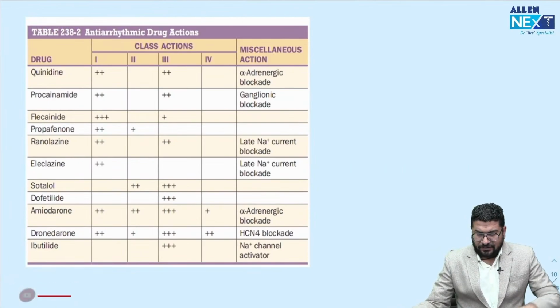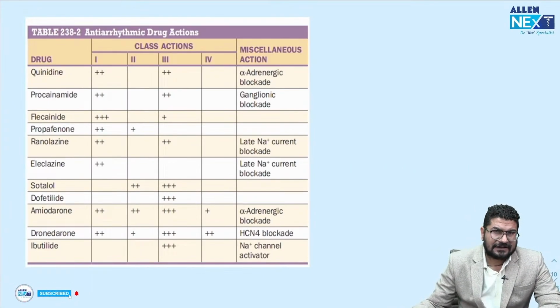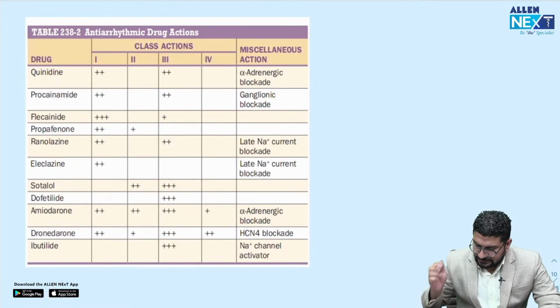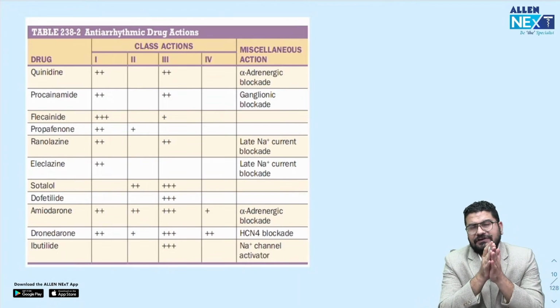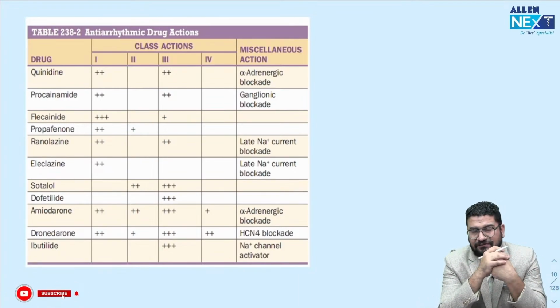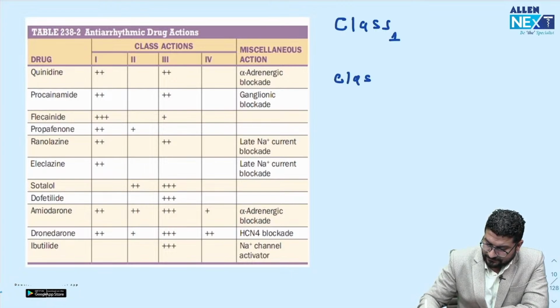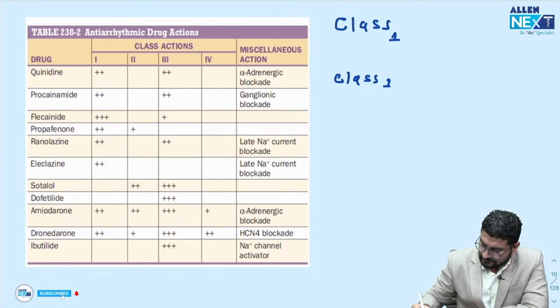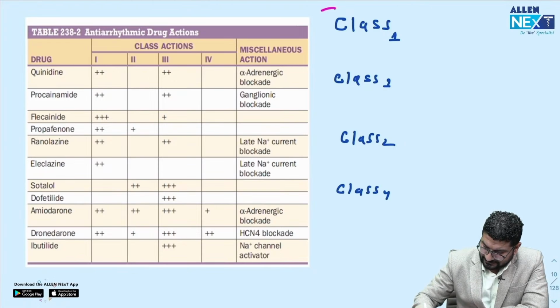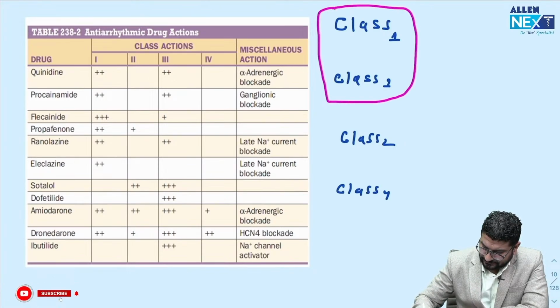Okay, moving to a question on antiarrhythmic drugs. This is a pharmacology overlap with medicine type of question. Basically we have the Vaughan-Williams classification that you know. In this classification we can divide antiarrhythmic drugs into 4 categories. So just remember this: class 1, class 3, class 2, class 4. So class 1 and 3, these are the classes of drugs